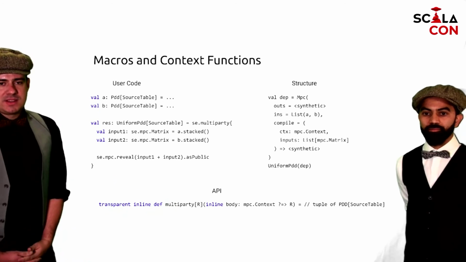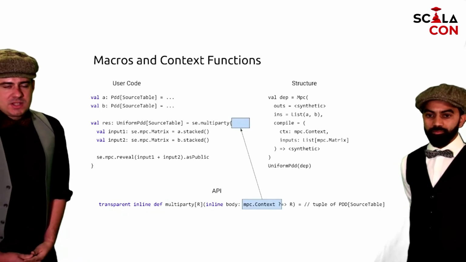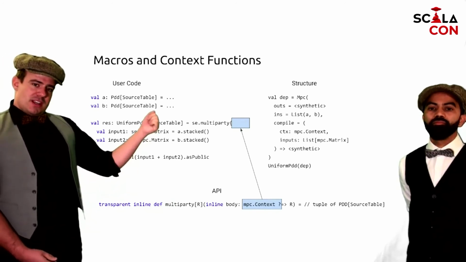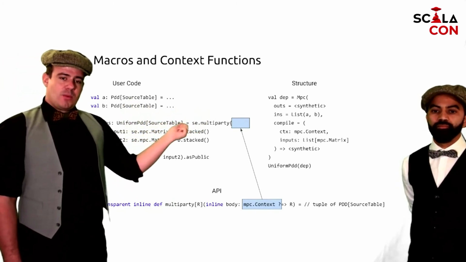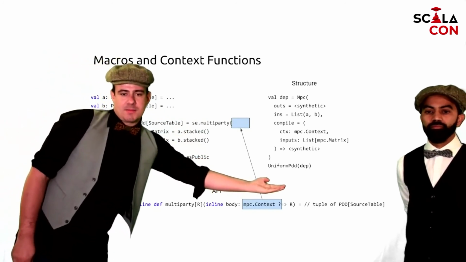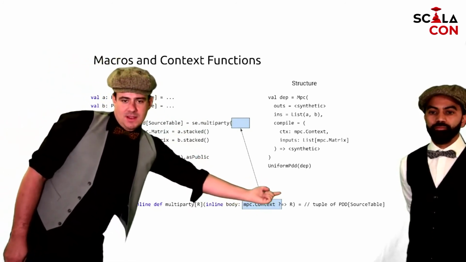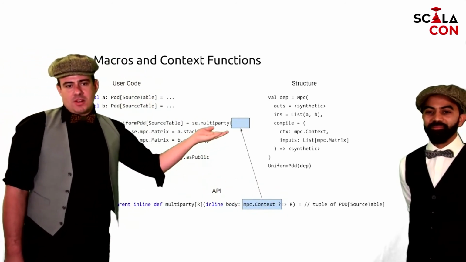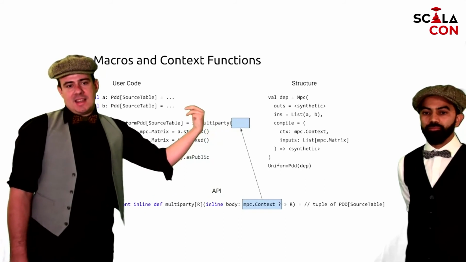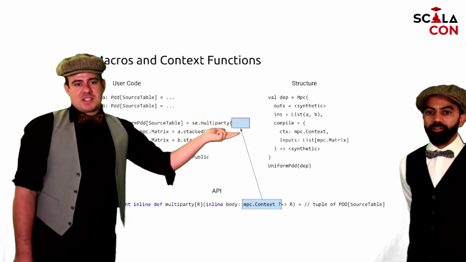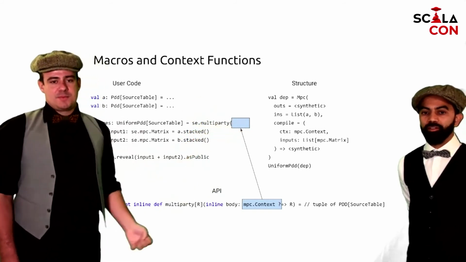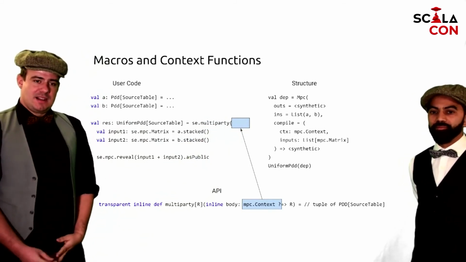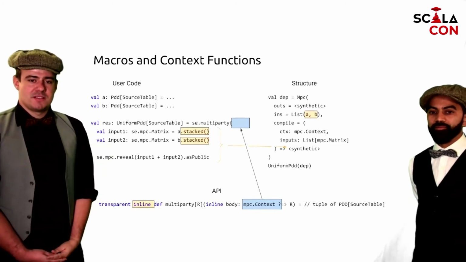So how do these two things work? As we just talked about, the context parameters would usually have to be declared somewhere. With a context function, which is denoted by the question mark equals greater than, you do not need to declare the context; your multi-party context will be declared here. You do not need to declare this parameter yourself. So that allows us to inject this limit of the DSL here without the user needing to specify it.